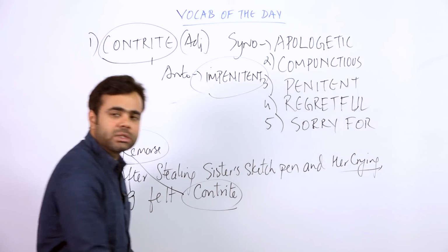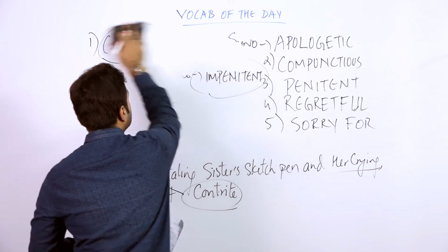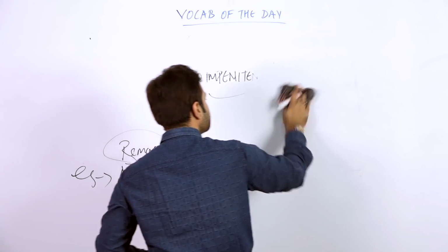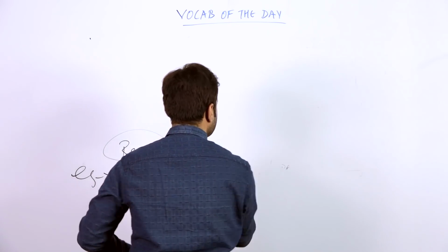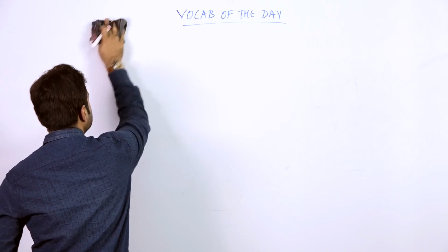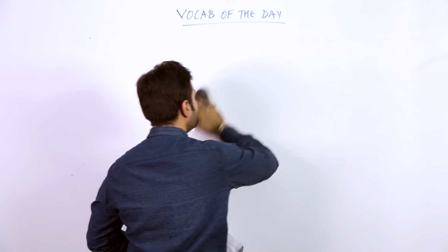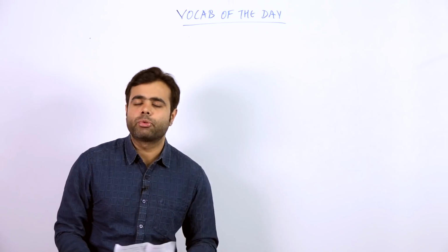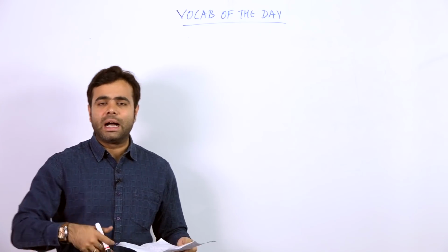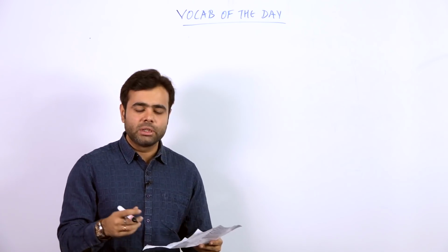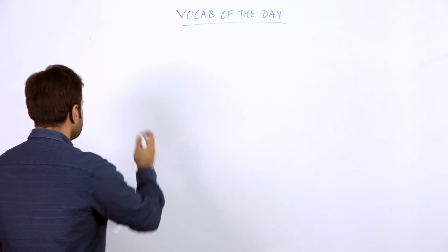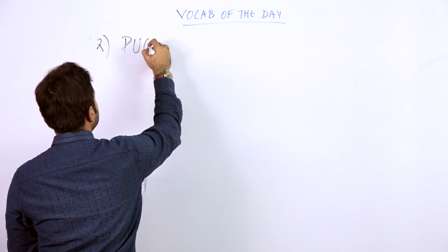Now let's proceed to the next question and the next word. The next word that we are going to discuss is again an interesting one. And students, I understand your concern, and I'm very hopeful and positive towards your concern, that you always demand the PDF. What I say is, students, there is no problem in providing the PDF, but what you can do is take a screenshot, or you can just take it down. Rather, I'll start very soon with providing you the PDF of all the words that I am giving you on the board. Fine. So the next word that we are going to discuss is pugnacious,